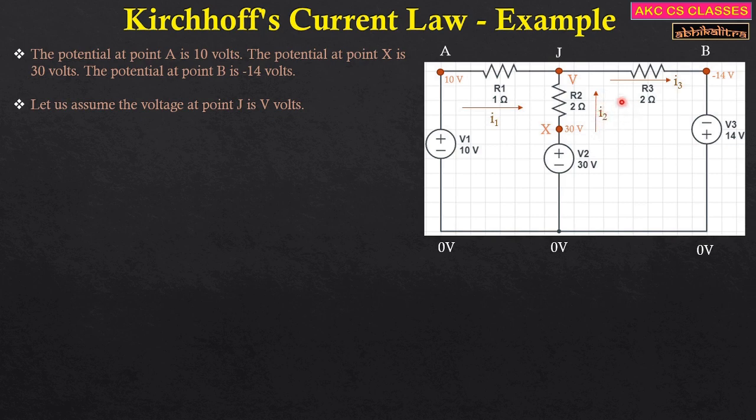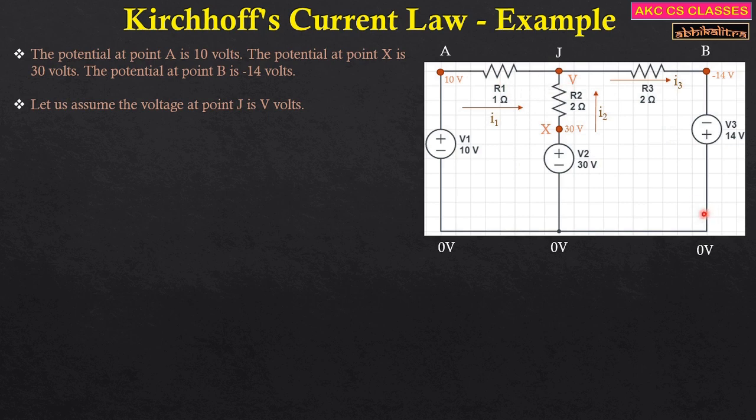So if both the currents I1 and I2 are entering the junction J, then the current that is flowing between J and B has to leave the junction so as to conserve the law which is known as Kirchhoff's current law, or KCL. So that's why the current I3 is leaving the junction J. Again, this entire assumption is according to your own convenience. It is not necessary that you always follow this particular convention, right?